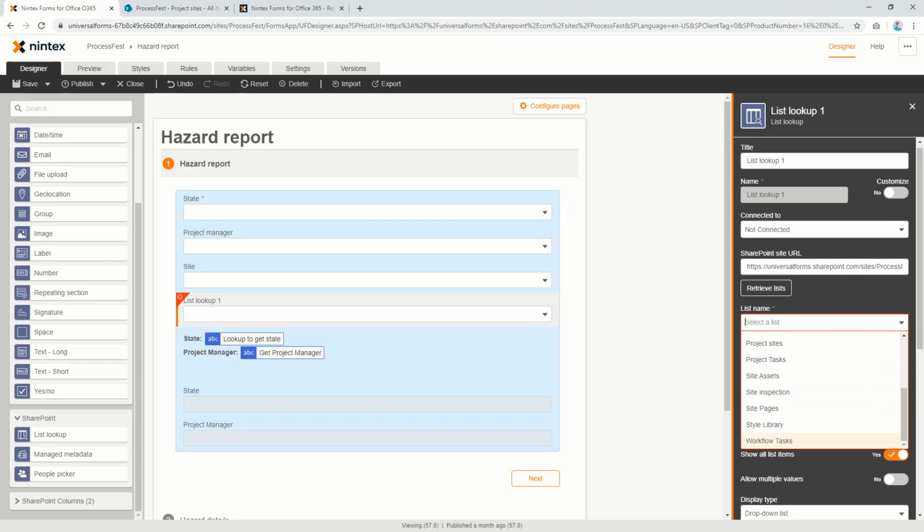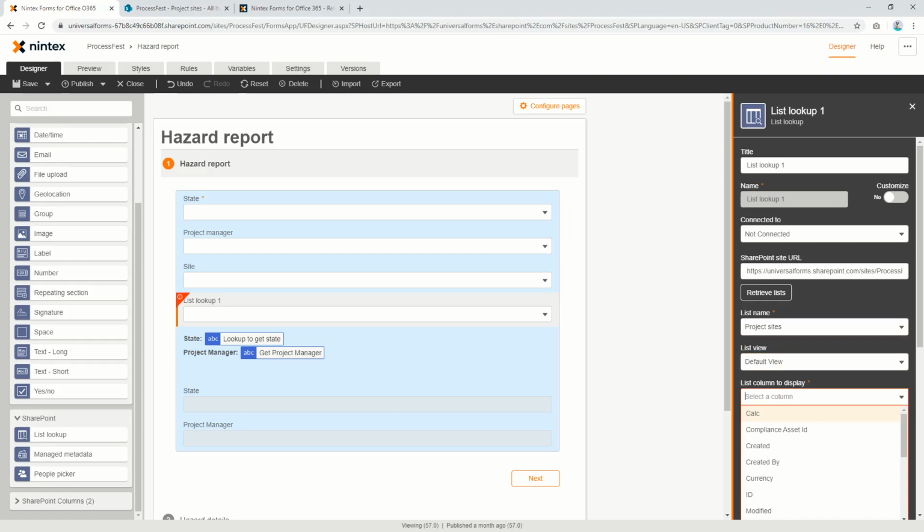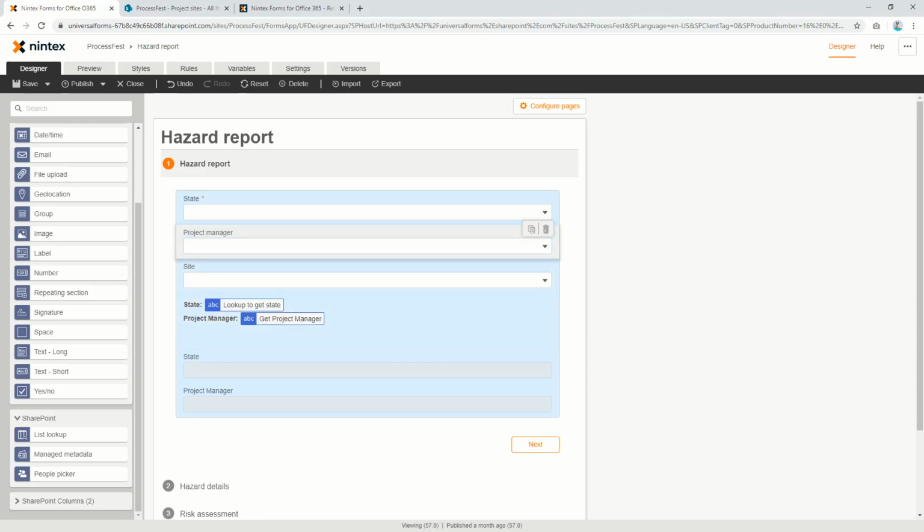I can remember myself, project sites, and you've got to go to your view, and then you've got to go to your list, and all those sorts of things. So being able to clone a control just makes it much quicker and easier for you to get your job done. Now since I'm here, I'm just going to show off how we do a cascading dropdown